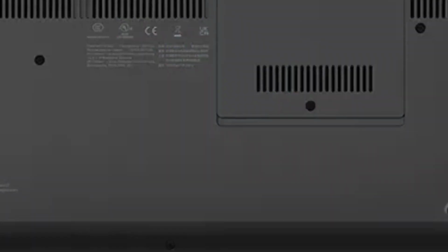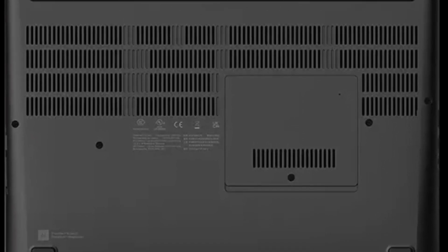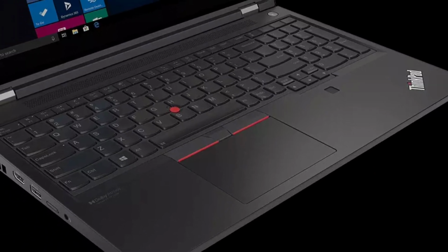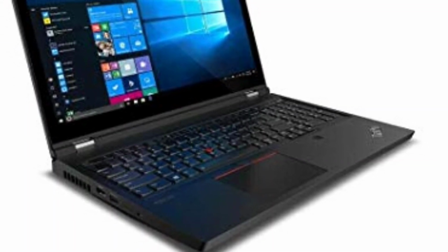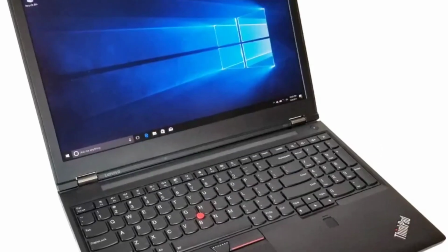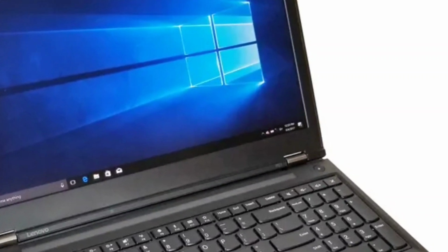i9-10885H chip, 32GB of memory, a 1TB NVMe SSD, the fastest of 5 available Quadro GPUs, and a 3840x2160 pixel IPS Dolby Vision HDR 400 non-touchscreen with 600 nits of brightness. Another 4K display option is a 500 nit touch panel with OLED HDR 500 True Black technology. 6 and 8-core Xeon processors are alternatives to the Core i7 and Core i9 options, with ECC memory if you